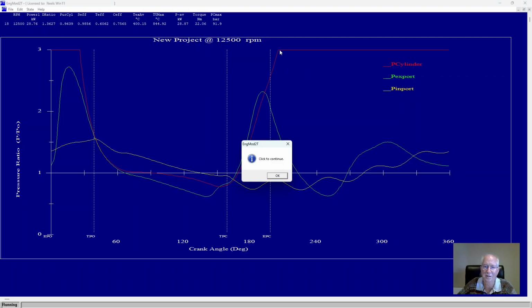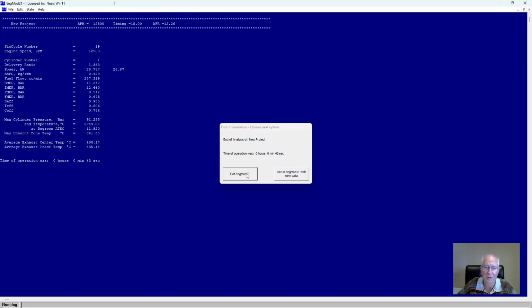Looking at this, from experience I know that the cylinder pressure should be this side of the exhaust port closing line, so it looks like our tune length is a little bit too long, so we will go back to